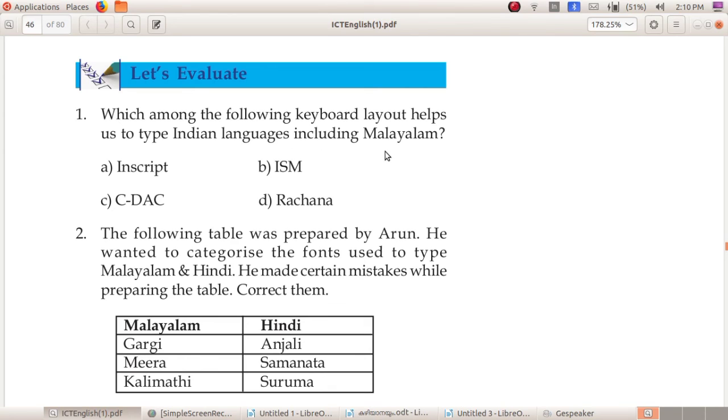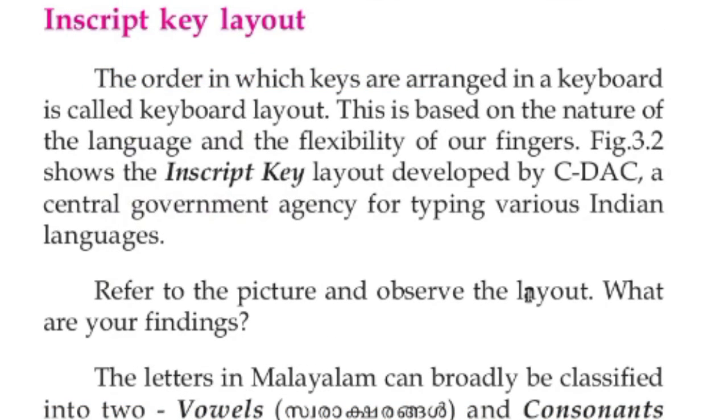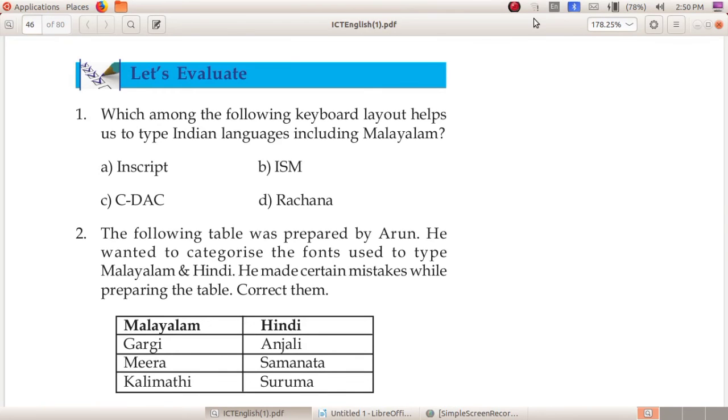Inscript, ISM, CDAC or Rachana? The Inscript key layout was developed by CDAC, a central government agency, for typing various Indian languages. So which is the layout? Inscript key. So tick Inscript key.